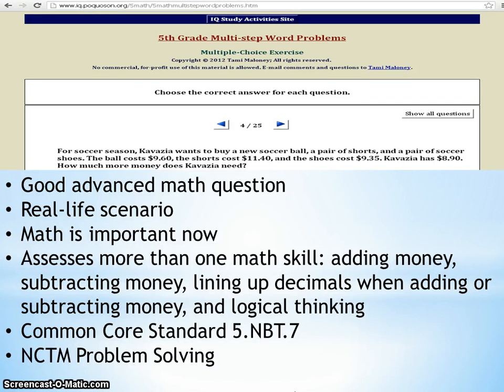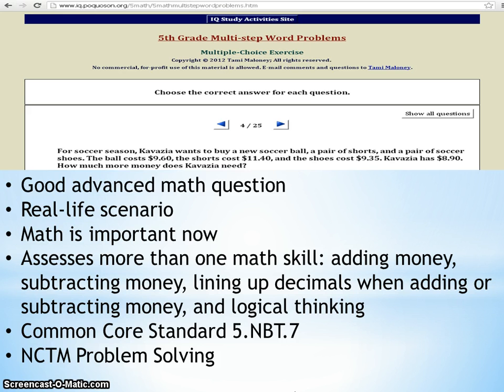money. The reason why this is a good example of a math question is because, once again, it provides students with a real-life scenario that many fifth graders can relate to by buying gear for their favorite hobby, whether it's soccer or not. This provides a problem that makes it clear that math is applicable to fifth graders right now in their lives versus providing them a problem that represents a scenario which they will encounter when they get a job or years from now, which really prohibits a love for math and makes students think that math is not